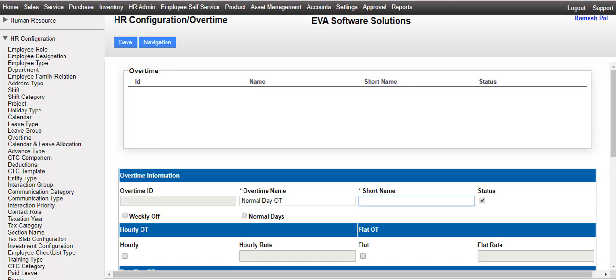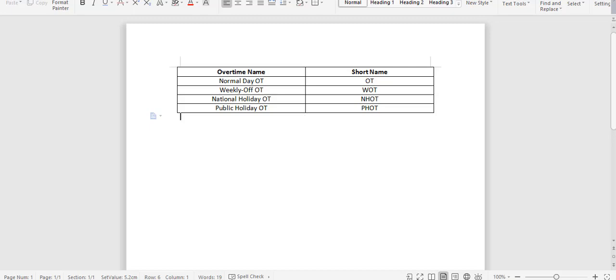In short name field, enter a short name for the overtime. Every overtime should have unique short name. For normal day OT, there is a hard-coded short name. As you can see on the screen, following short names are considered while defining an overtime in the system.